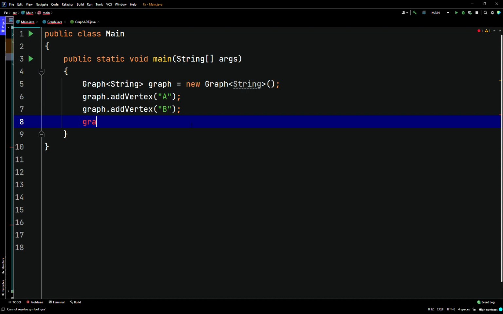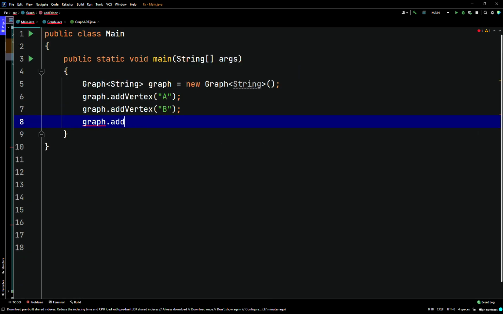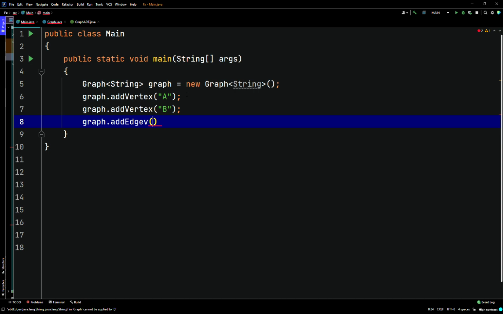So we'll just go here, say graph in main. In our main method we'll say graph dot add, what is it called? Add edge V for vertex. Okay, that's why I said V. So we'll add edge V between 2 vertexes. It takes a T, so we'll do A and B. So it takes our object between A